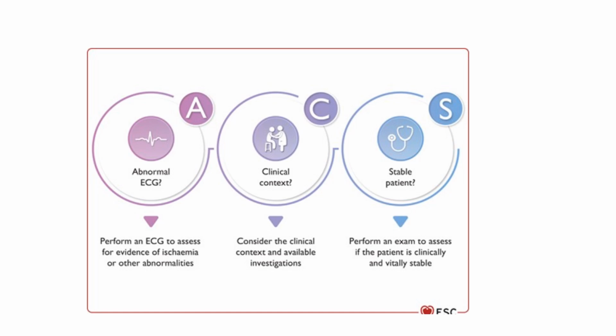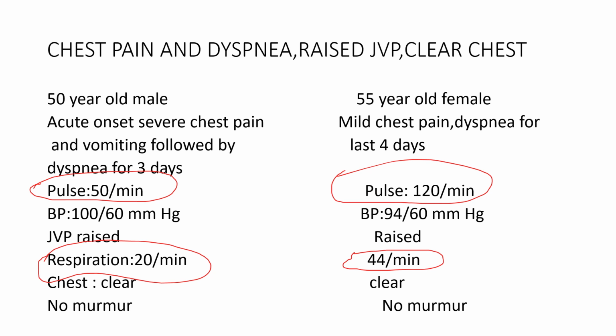In the recent 2023 ESC guidelines for acute coronary syndrome, the abbreviation ACS was rechristened to indicate the strategy for triage and assessment of a patient of suspected acute coronary syndrome. A stands for abnormal ECG, C for clinical context, which is assessed by a targeted history taking, and S for stability, which is assessed by a targeted clinical examination. How these three components may be amalgamated to decide the approach in a patient of suspected acute coronary syndrome is